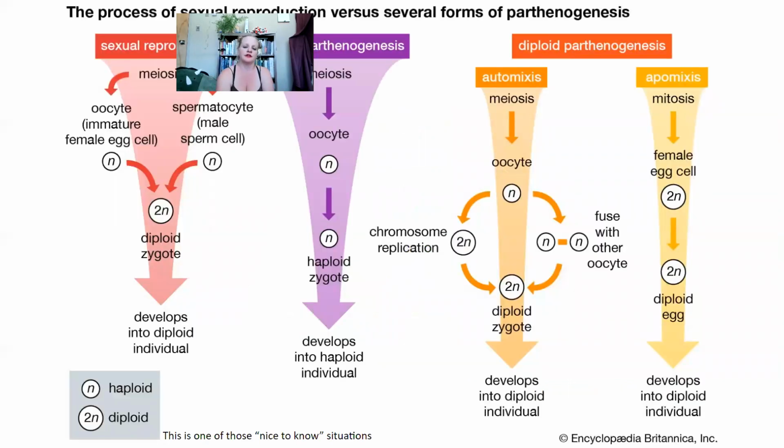All right, this is one of those neat, nice to know things. This is a nice summary slide of all the different ways that we might see parthenogenesis or parthenocarpic reproduction. Like dandelions, they do this apomixis thing where when you pick a dandelion head and it's got all this little fluffiness, and all the dandelion seeds go flying off, they were actually produced from a diploid egg. And so they're actually clones of the plant that you just blew. So dandelions like to be clonal.